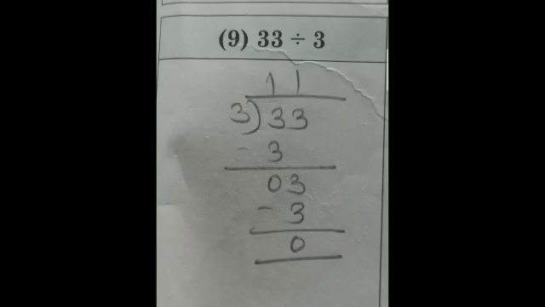Now students, in this sum the dividend is 33 and the divisor is 3. First we will do the first 3, that is 3 ones are 3. So 3 minus 3 is 0. Now the second 3 will come down. So again it is 3 ones are 3, and again 3 minus 3 is 0. So here the dividend is 33, divisor is 3, remainder is 0 and quotient is 11. In division, the main answer is not the remainder, the main answer is the quotient. The quotient is 11 and the remainder is 0. In this way you have to solve this ninth one.